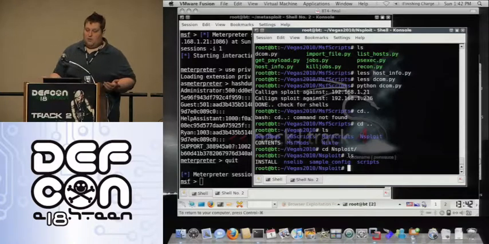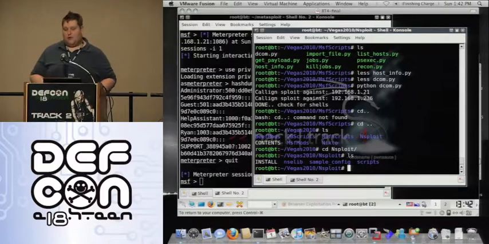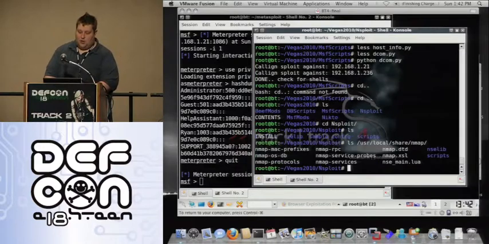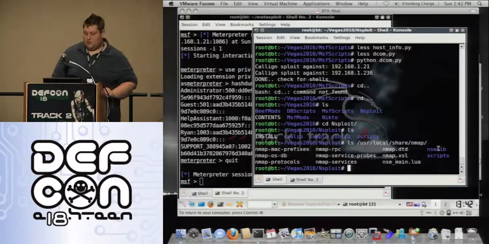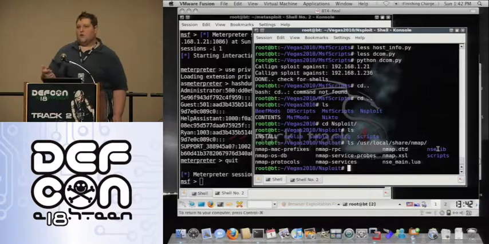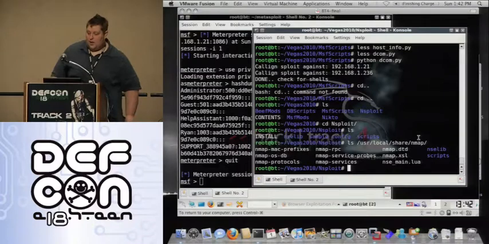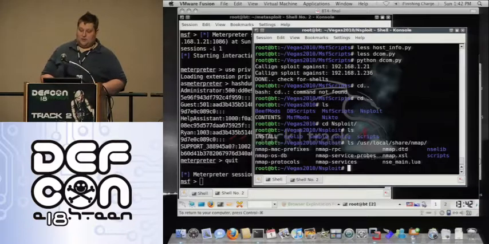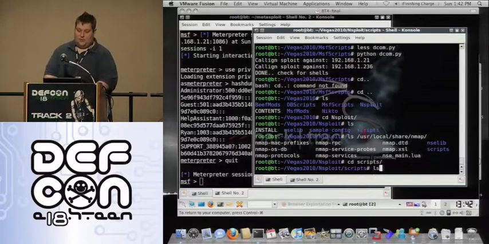So when you drop it in, you've got two separate directories: your NSElib and your scripts. My Nmap is installed in user local, so if you look in user local share Nmap, you'll see two directories which correspond: the NSElib, which is all of the core libraries that the other scripts use, and then the scripts themselves. Pretty much you copy everything from NSElib in the Nsploit distribution over to NSElib, and everything from scripts to scripts. And so when we look in scripts,